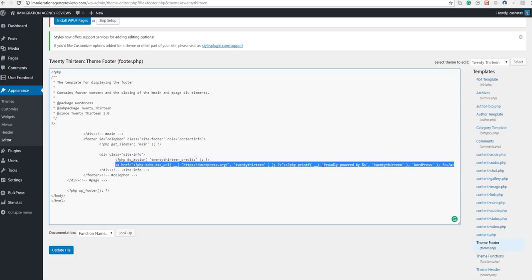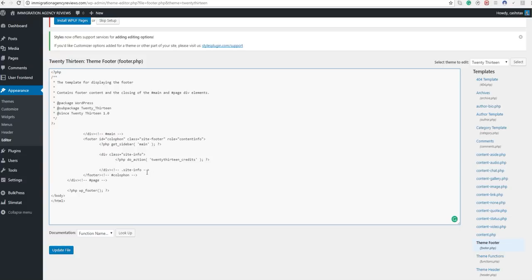and backspace. Now if you want to change it, of course you can add whatever you want right here. This is where your text would be in this specific spot. So if I want to put, you know, copyrighted 2017 immigration agency reviews, in this case, whatever, it doesn't matter. But right now, I just want it to disappear. So all I need to do is highlight that, and I can backspace it. And what I'll usually do, just as personal preference, is leave a space here so I know if I ever need to add that back, this is exactly where it goes. And then you can update file,